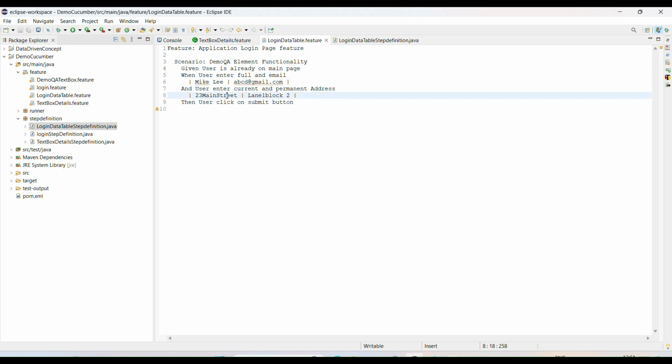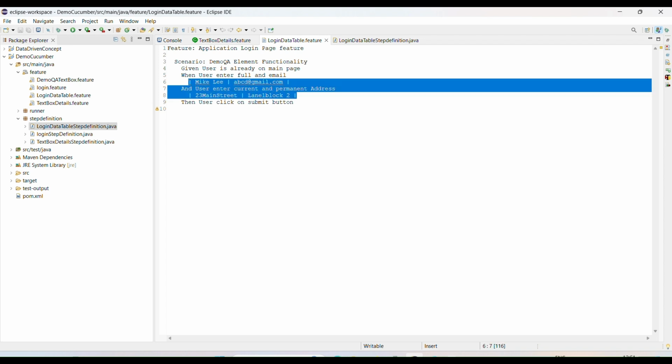If you want your feature file to be in a good form that everyone can understand, you can use a map also. There are two options, and this is not a wrong approach; you can use it too. If you want to test your application with a single unit of data, just one attempt where you enter a few details and check if it is working, you can use the list concept, because we just enter the data and get the details this way.